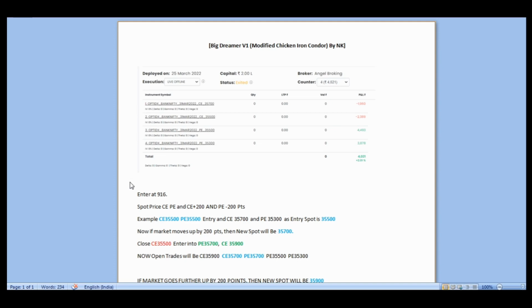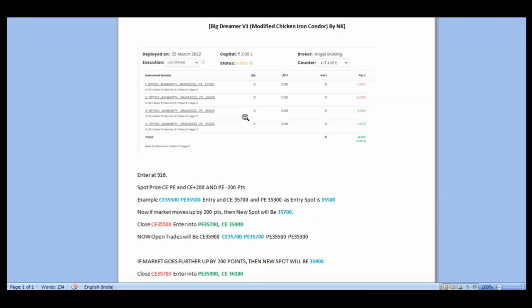So this strategy is also suggested by our group member Mr. Nagesh K, who has suggested ARK-A also, roti kapda aur makan strategy, as you all know, and he had uploaded this strategy request on 5th April 2022. So if you want to get this document of the strategy, you can go through our discussion group message of 15th April or 5th April, something like that. So you can go through this if you want to download this strategy request document. So let's go through this once.